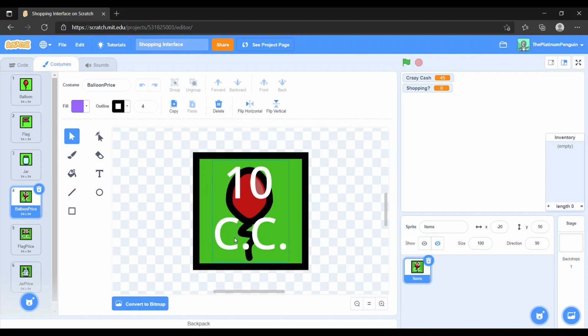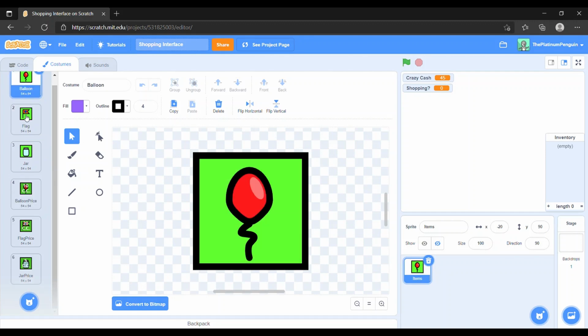And the goal with this is to get it where when the mouse goes on top of the icon, it will switch to that to make it look like it's telling us the price, which is what it will do. So if you're wondering how I did this, all I did was I copied a sprite, then